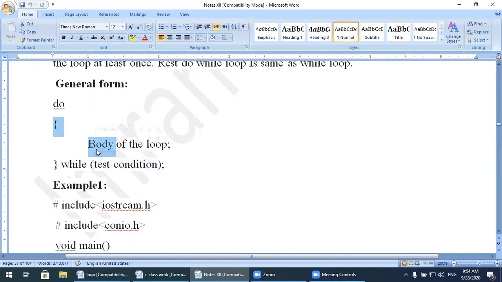But in a do while loop, if the condition becomes false, at least one time the body of the loop will be executed. Why? Because the condition is tested after the body of the loop. That's why it is called the do while loop, and it will execute only one time if the condition becomes false.